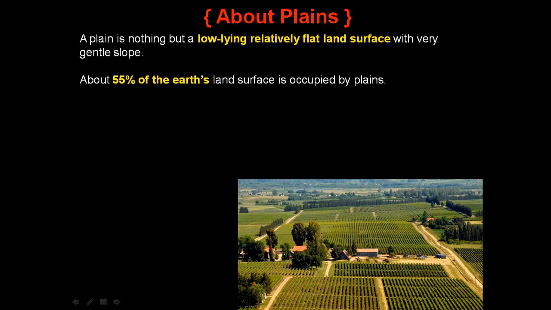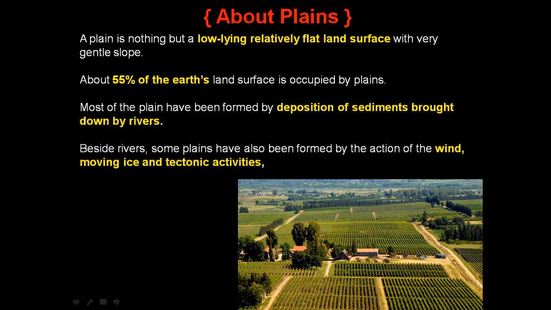The name itself suggests that these are low-lying areas. They are relatively flat with a less or gentle slope. About 55% of the Earth's land surface is occupied by plains. Now these plains are good sites for agricultural practice. As you can see in this picture, most of the plains have been formed by the deposition of sediments brought